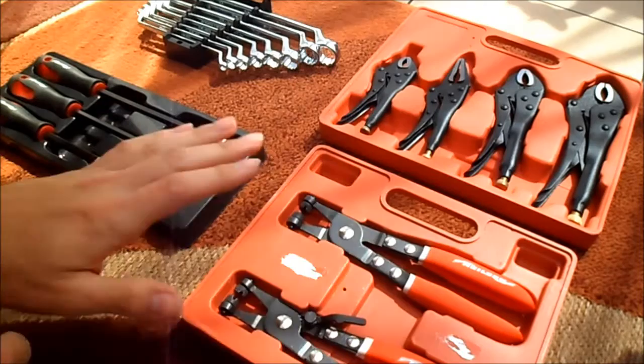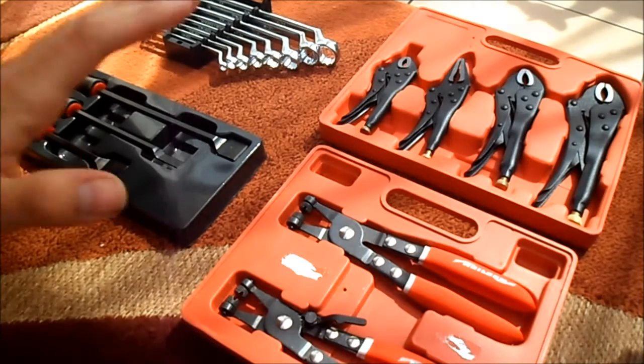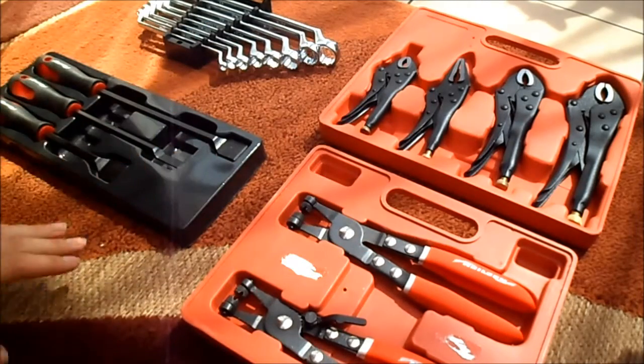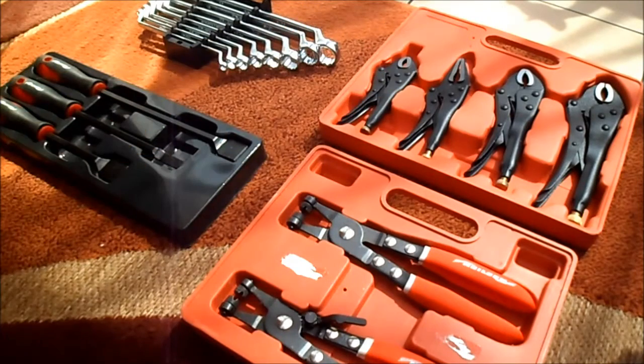I don't know how they do on a day-to-day basis if I was using them every day, but for what I have used them for, they are awesome. So for the DIY mechanic just working at home, these tools are fine. There's nothing wrong with these whatsoever. If you break them, you know, £10 to buy a new set. So yeah, these are tools that you can get away with, and every time you buy a tool on the internet, you are gambling. It could turn out to be